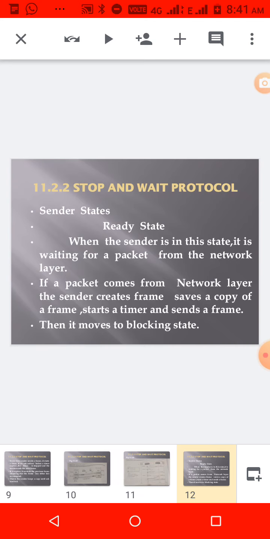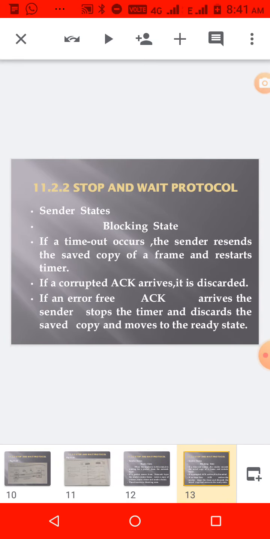Then the next state is blocking state. So what do you mean by blocking state? What is happening here? It sends the data first in the ready state and then it is waiting, that is the blocking state. It checks whether a timeout occurs. The timeout means it didn't receive any acknowledgement, so it will send the copy it kept again to that receiver, and again it will restart the timer.